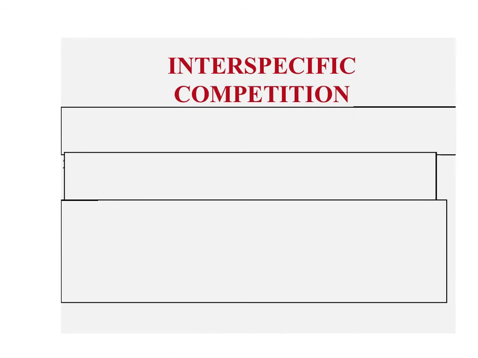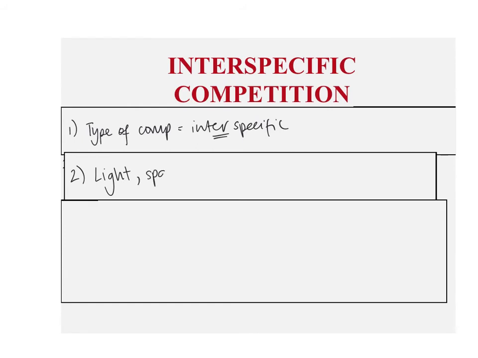So firstly, the type of competition we've got is interspecific. We're between 2 different species. The things that they might be competing for are going to be things like light, space, maybe they're going to need some nutrients from the water or from the soil. They're going to need lots of light to be able to photosynthesize, and that space to be able to grow efficiently as well. Now, the result of this competition is that both population growths are slowed,